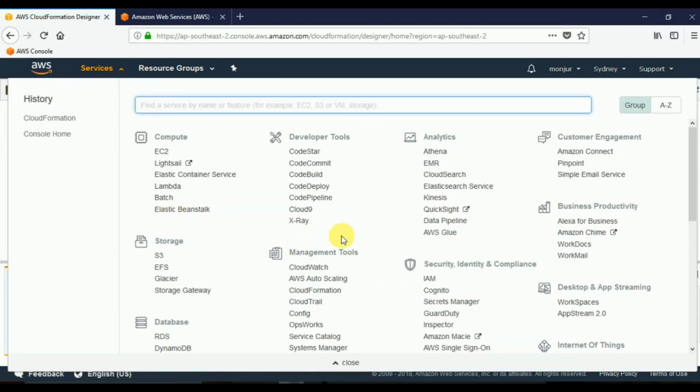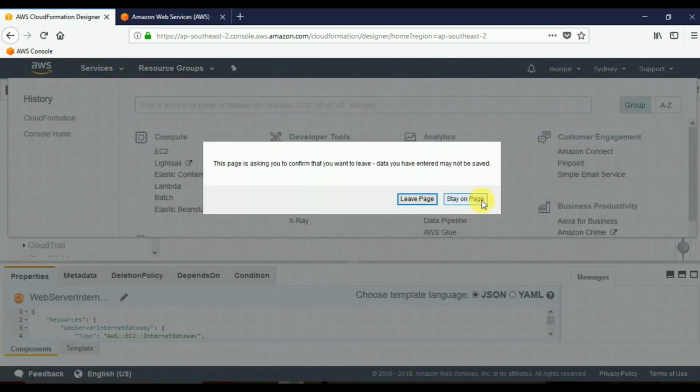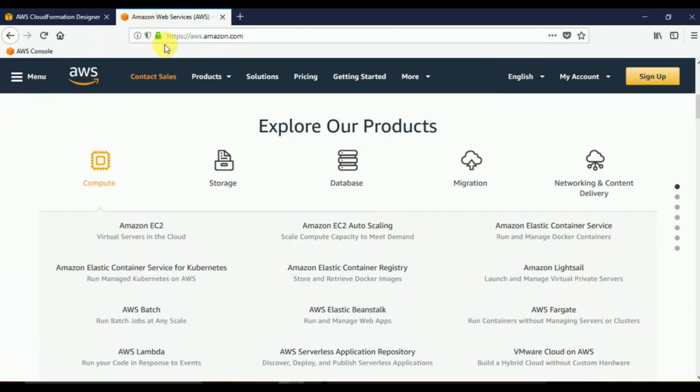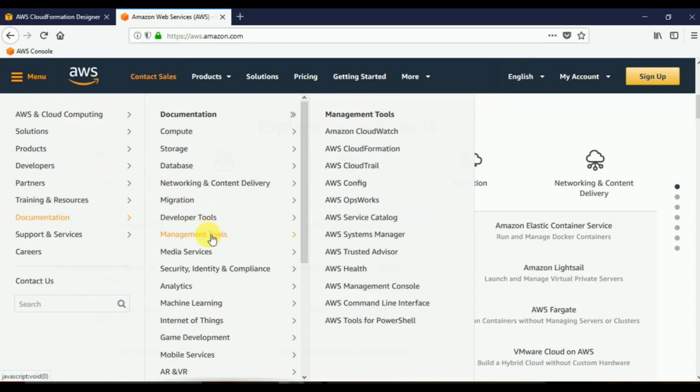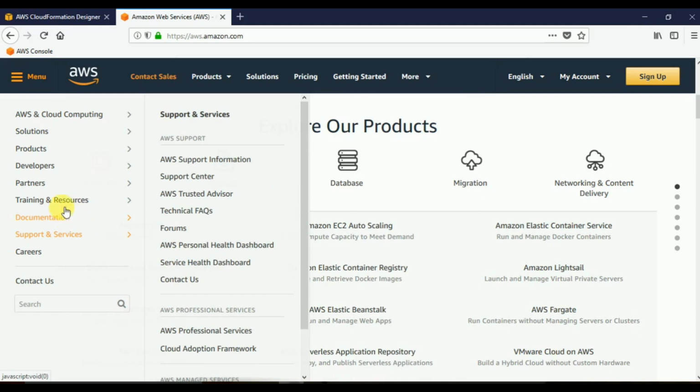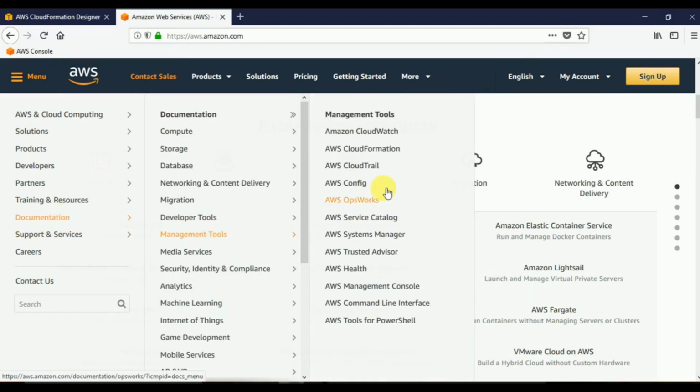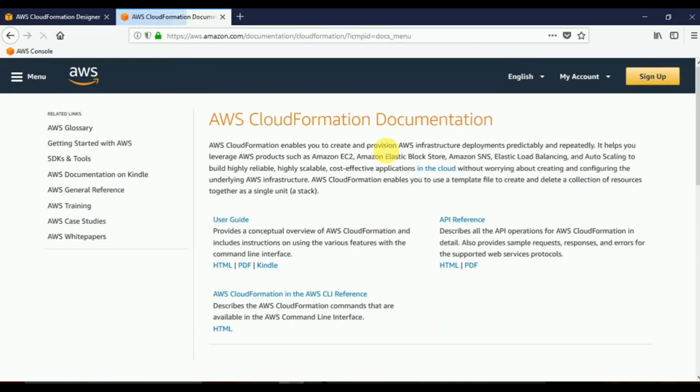If I click on services, as you can see, CloudFormation is under management tools. So we need to go to the documentation, and we need to go to the management tools. Now here we have CloudFormation, so we are on the documentation side. From documentation, I came to the management tools, and then I went to CloudFormation, and I'm clicking on that. Now we have the documentation here. Let's say user guide. So if I click on PDF,